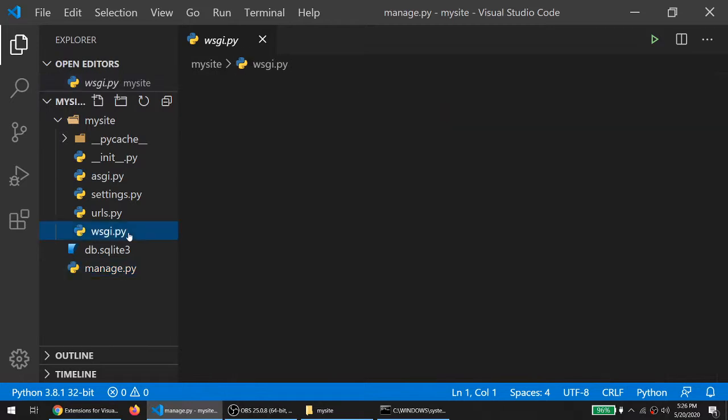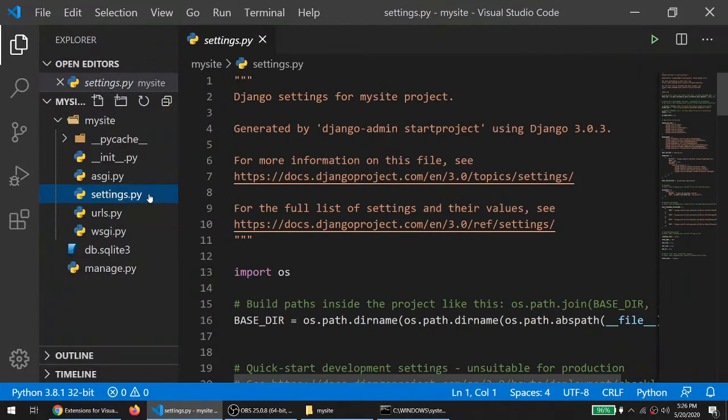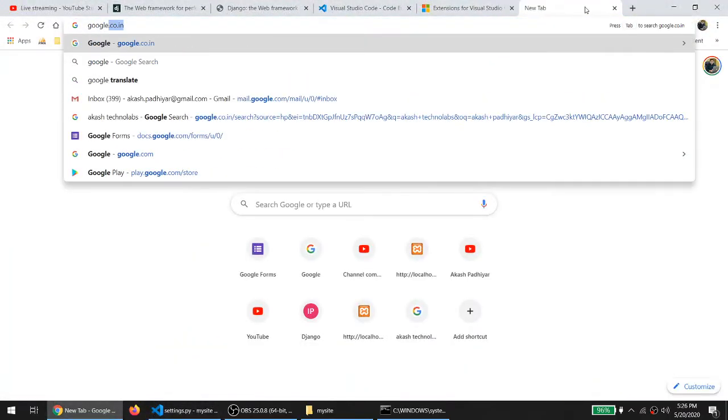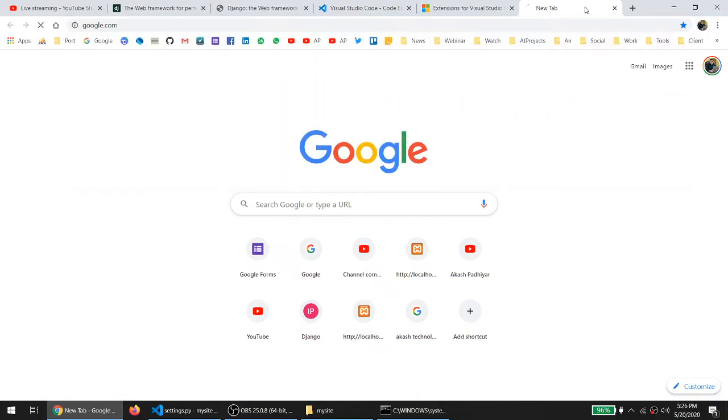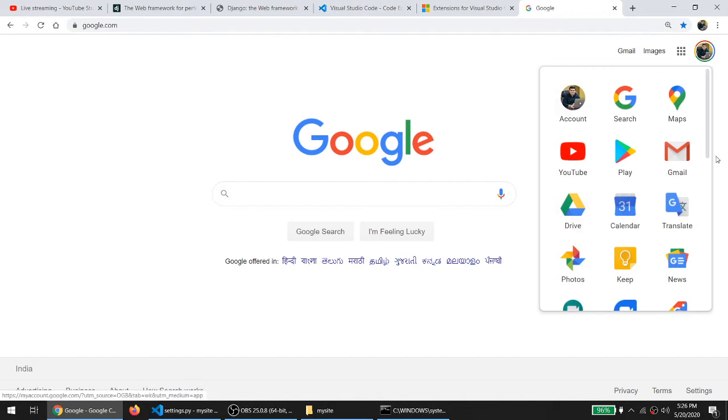Because here you can see there is no option to write HTML code or any function code. It is the same as, say, google.com: Google is the main search engine, and within it we have so many applications. Every application has its own request and response.